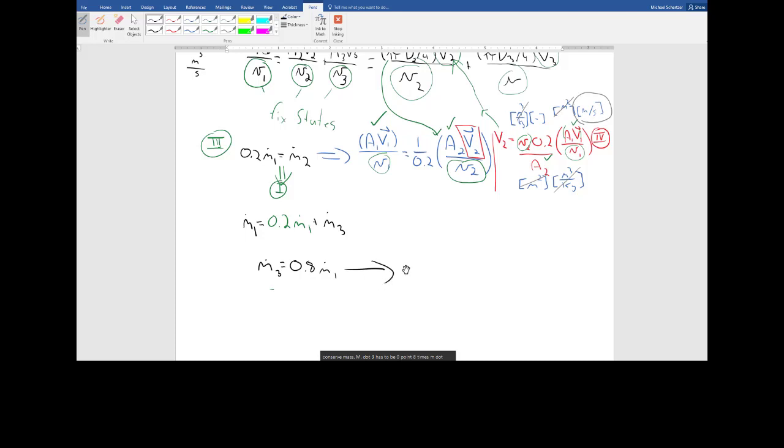And then I can take this and do a pretty similar manipulation that I did over here, and I get the velocity at 3 is going to be equal to the specific volume at 3 times 0.8 over the area at 3 times A1 V1 divided by the specific volume at 1. And this will be my equation 5.